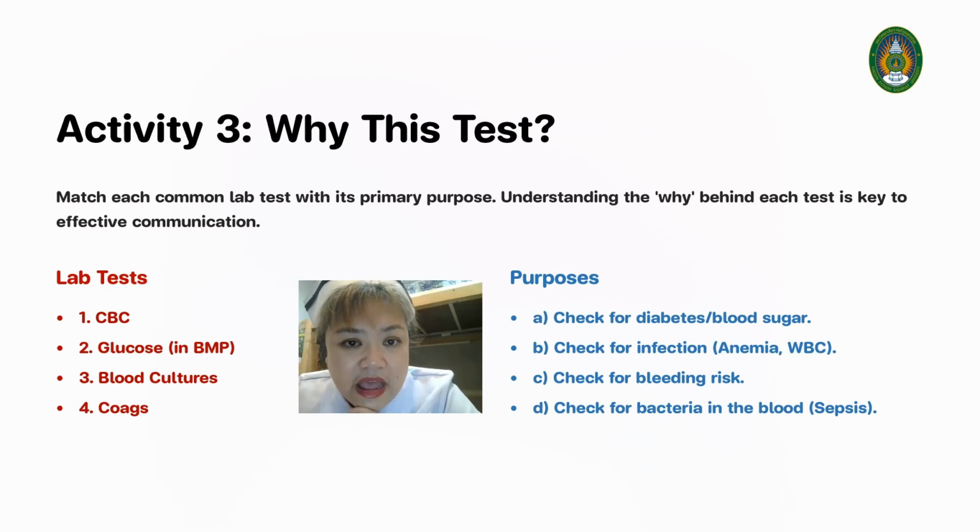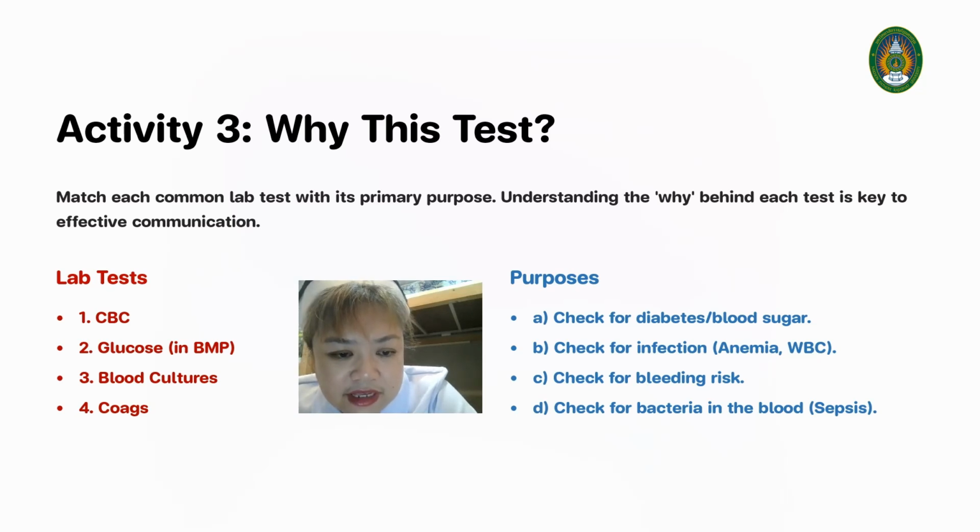Let's test our understanding. Match these common English lab tests to their primary purpose. Okay, we will start now. For the lab test, number 1, match with B. Check for infection, anemia, white blood cell. Number two,